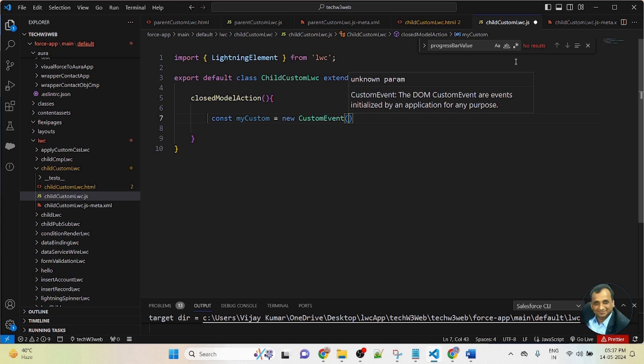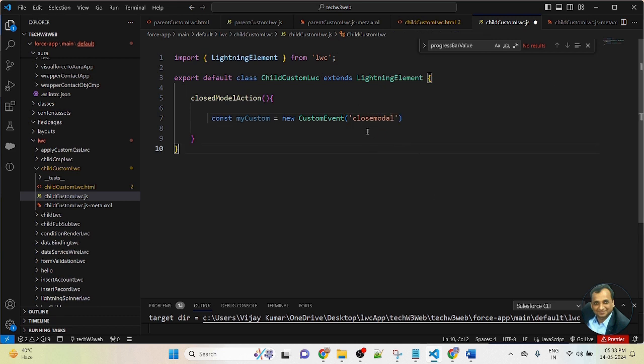The first parameter will be the name of the custom event. Always write the name of the custom event in small letters, not capital letters or camel case. So here I am writing the name of the custom event as closemodal. Then I am not passing the detail object data value, because here I am only closing the modal pop-up.